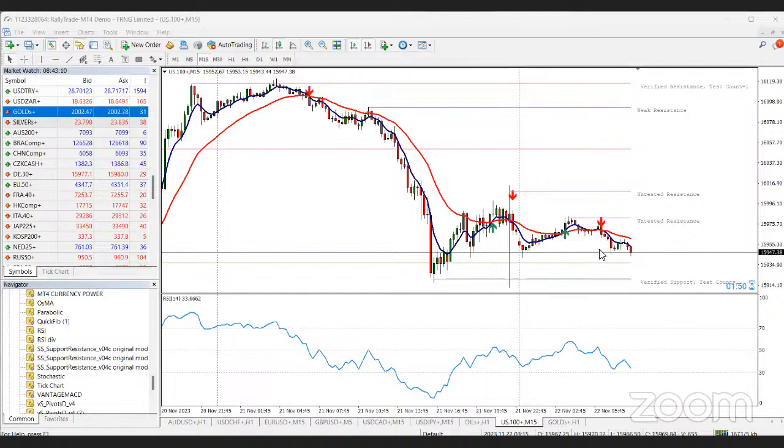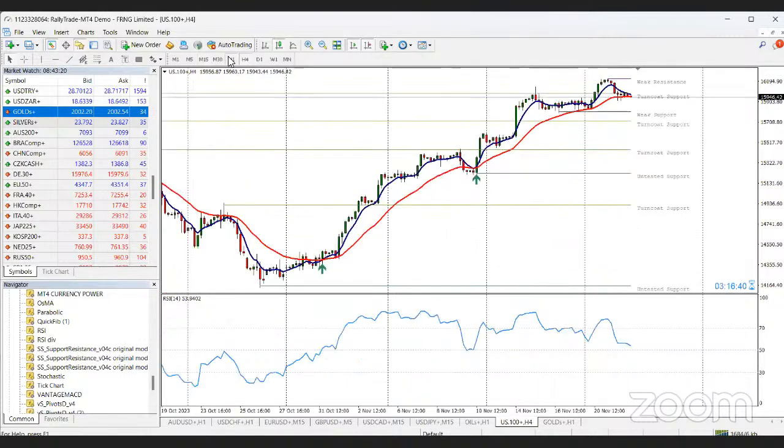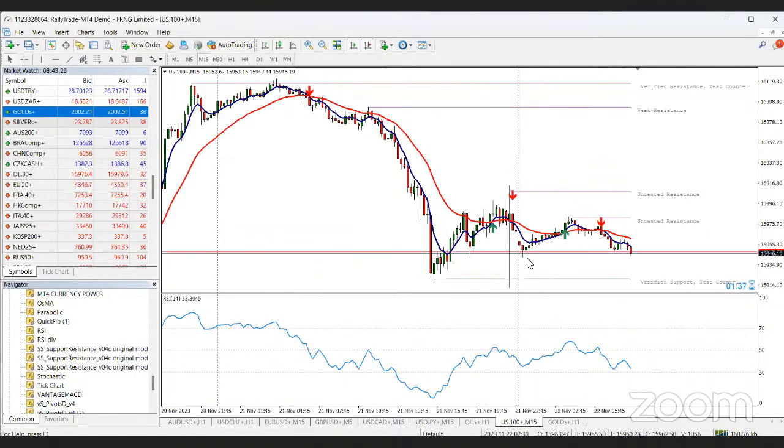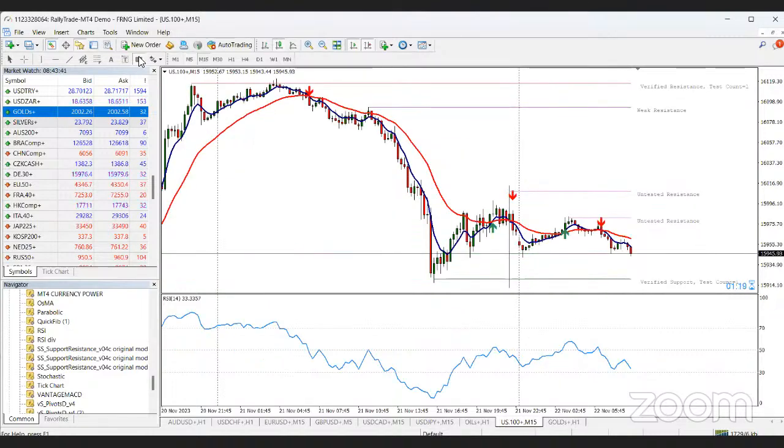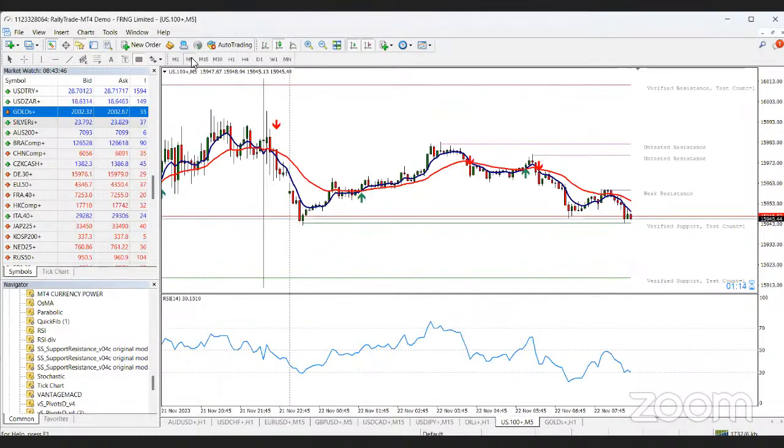So we can see that price is actually doing a reversal, heading towards this support region. Okay, let me do this and this. We can see that price is heading towards the support region. So we are going to trade the pull up. Once price is able to get into this region, this is on the 15 minutes time frame. Let me see on the 5 minutes time frame as well. Great, it's already on the support region for the 5 minutes time frame. So you are going to trade the pull up.